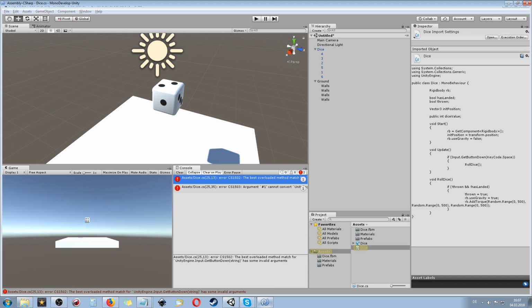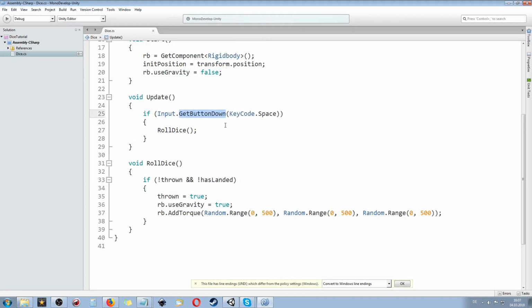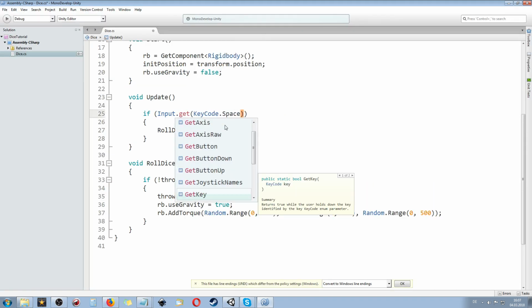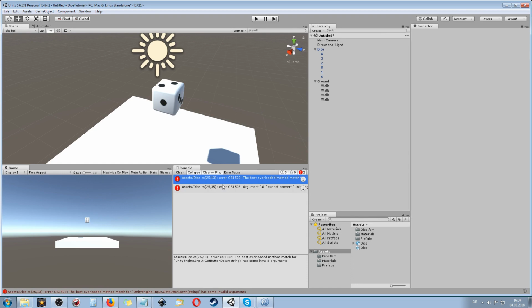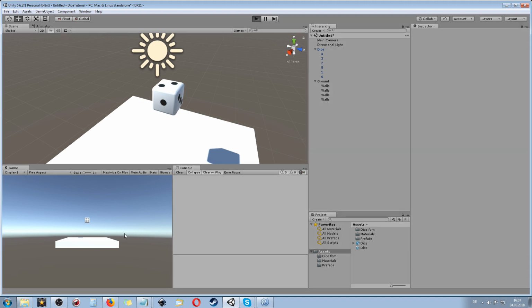Get button down as a string. Okay, so it's not get button down but get key down. I'm sorry for this. So we want to have a key down with a key code space, and now the error should be gone in a moment. There we go. We can clean it, and when we now press play, and once I start to hit the space bar,